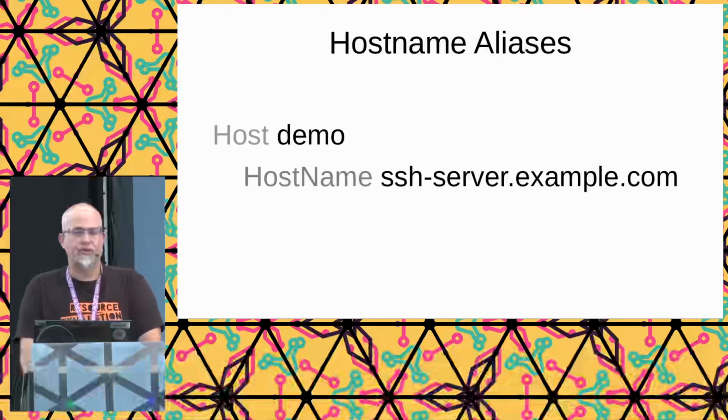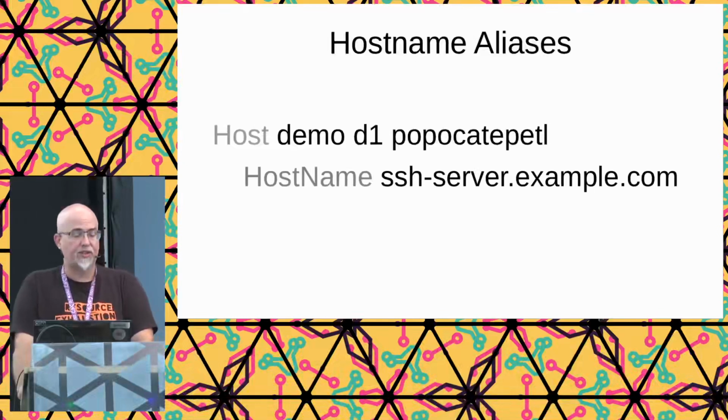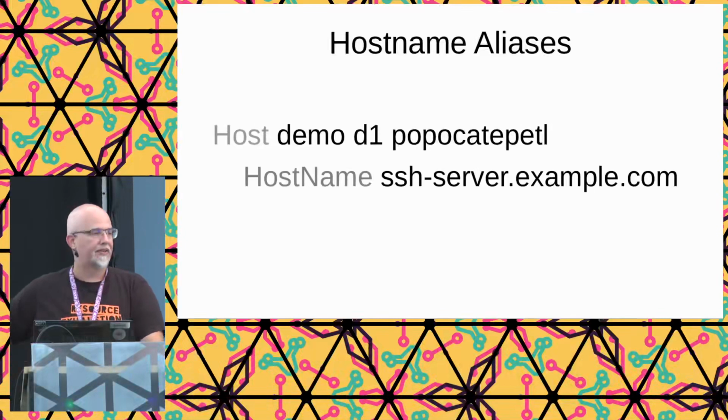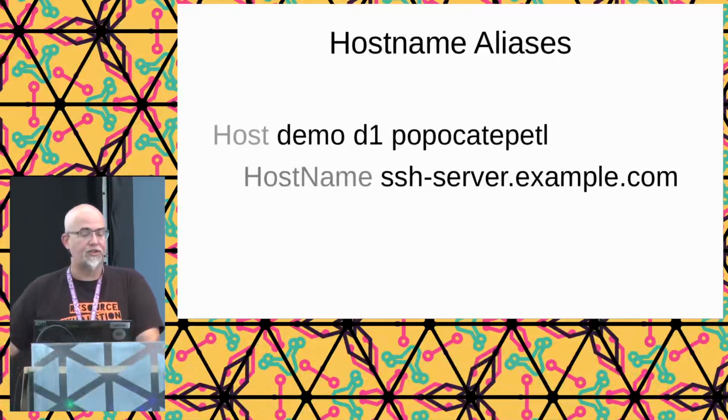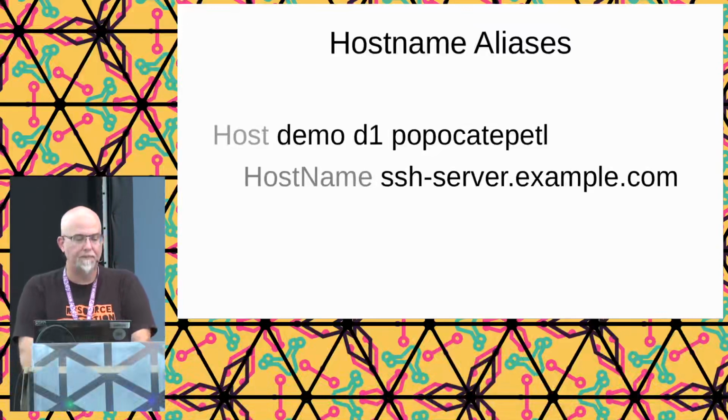And you can not only have one alias for the same host name, but you can have several aliases for the same host name. So you can have demo, D1, or Popocatépetl, if that's more your thing to type. And so instead of ssh-server.example.com, I just type ssh d1, and that cuts down tremendously on the number of characters I have to type to